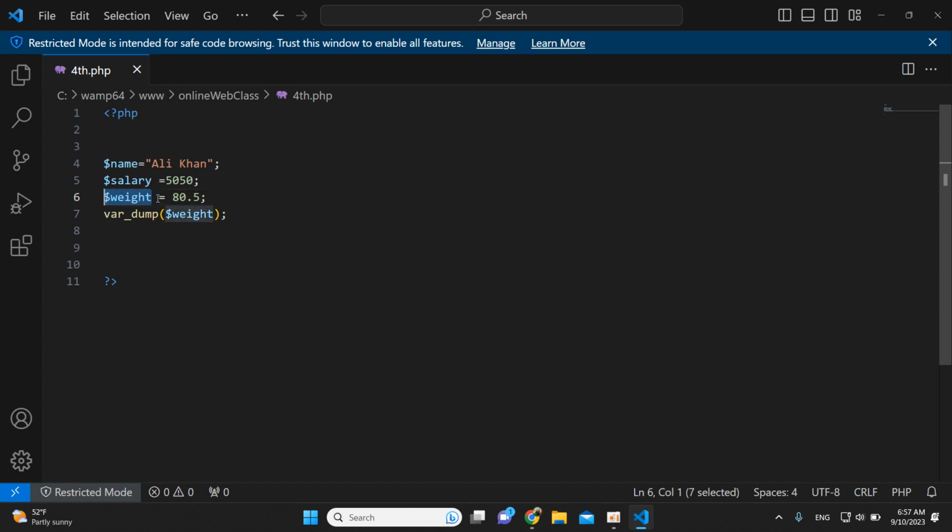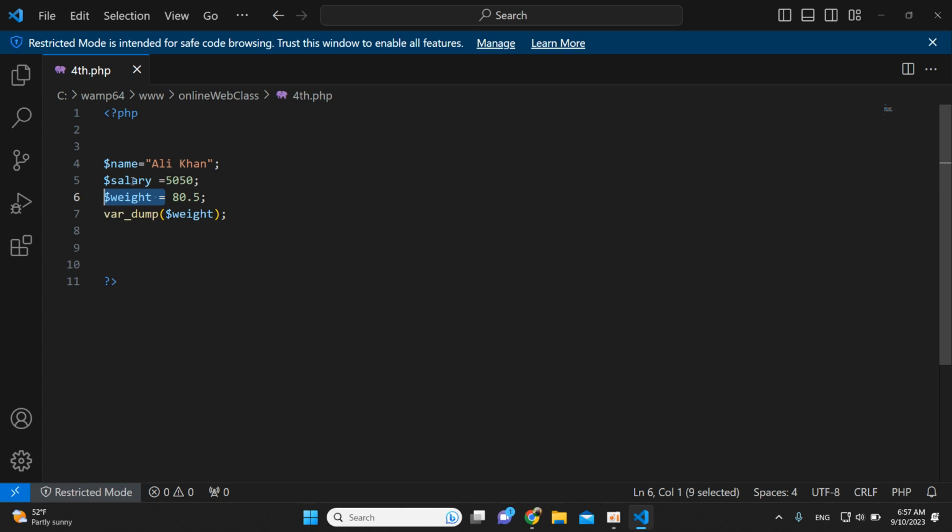Here we gave the weight variable a value of 80.5, and as we said, as soon as we assign a floating point or a decimal value, the variable automatically becomes float type, so that is the floating type value. And when we declare a variable without any decimal point, then that is